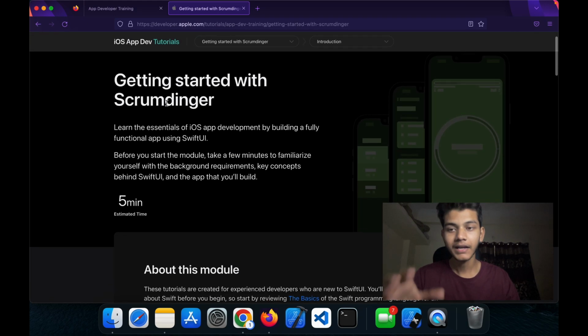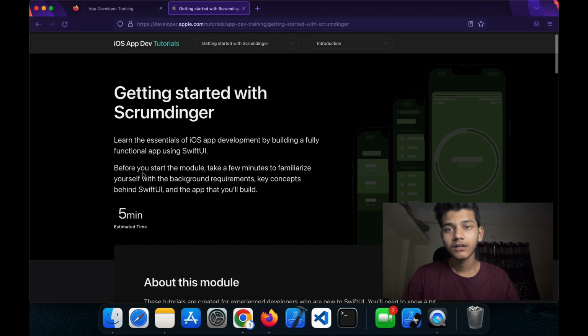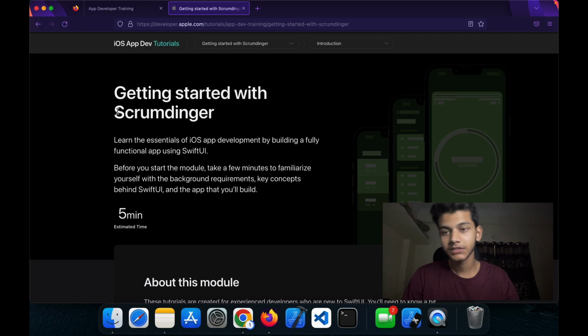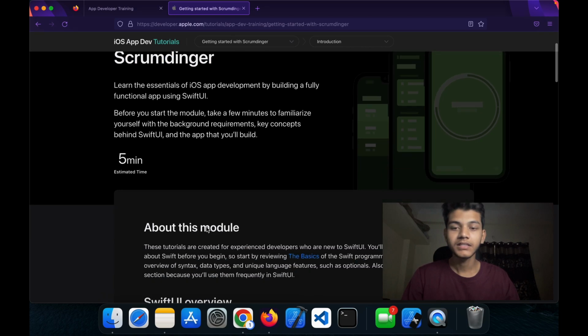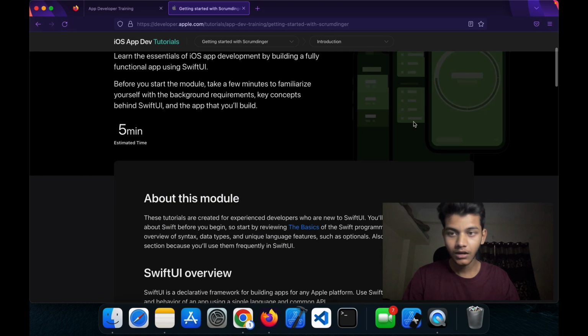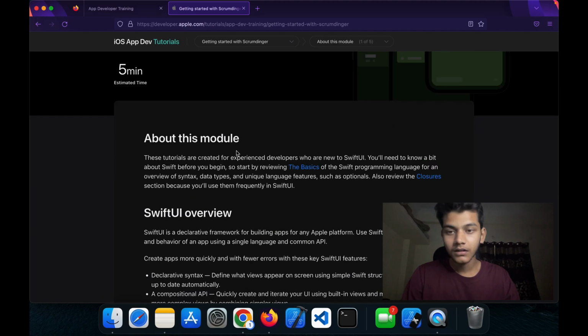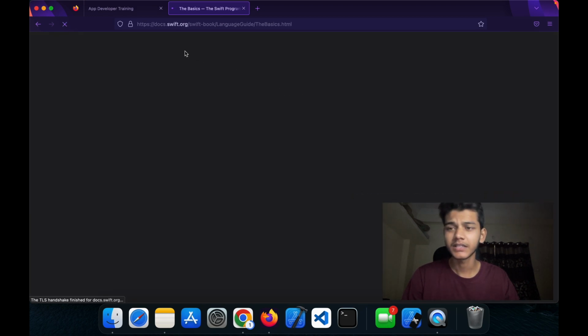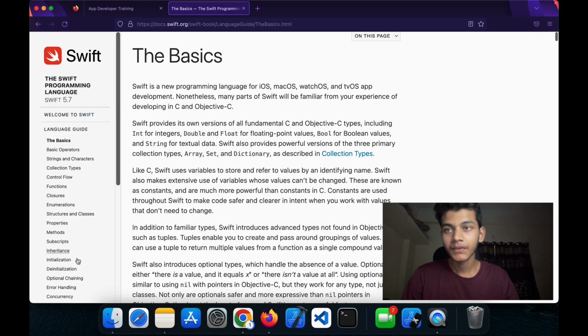We have part 1, part 2, part 3 of it. We are going to make an app here. I think it is called Scrum Ninja, and this has a module which will take 5 minutes of your time. You can go and read all this, and if you don't know the basics, you can open it directly here, and the closures, basics, loops, everything you can learn directly from here. Okay, and then coming back,